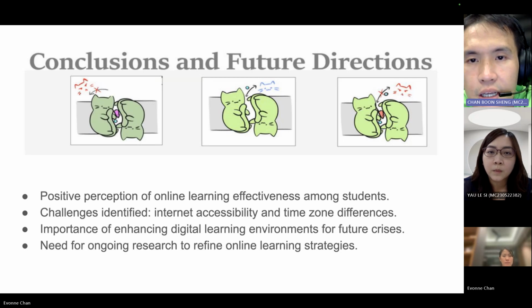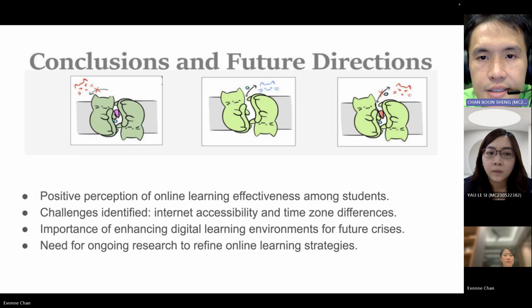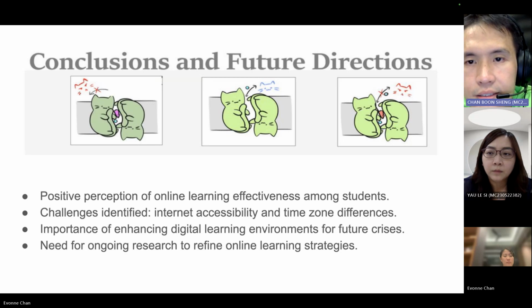In conclusion, Demuyekor's research not only sheds light on the experiences of a specific student demographic during the pandemic, but also offers a roadmap for enhancing digital education in response to global challenges. As we continue to navigate these uncertain times, let us take these lessons to heart, striving for an educational landscape that is resilient, adaptive, and inclusive for all.